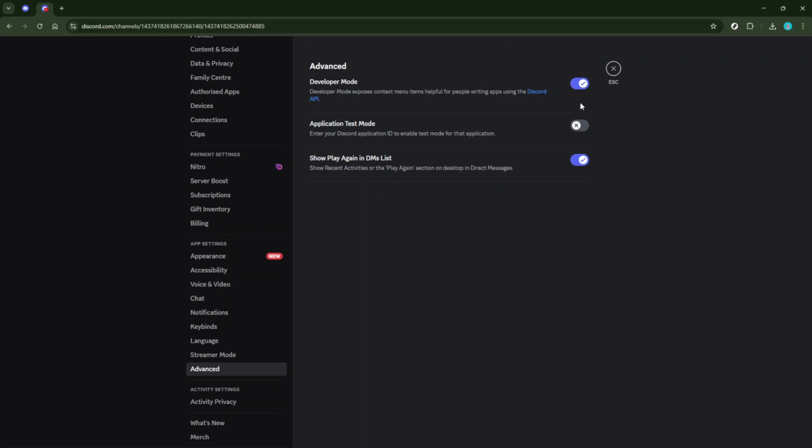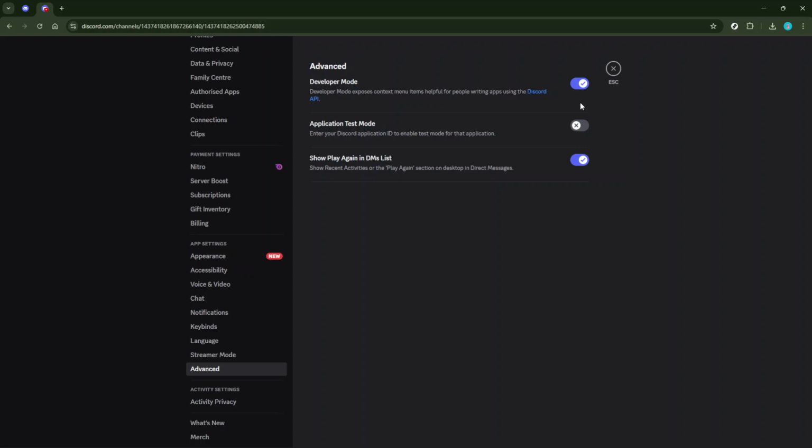You might be wondering, what exactly does turning on Developer Mode do for you? Well, with Developer Mode enabled, you get access to unique features such as the ability to view user, server, and channel IDs, which can be necessary when you're building applications or setting up bots that need specific server information to function. Additionally, you'll be able to experiment with hidden features and tools that are especially useful if you're looking to tailor and optimize your own server's performance on Discord.